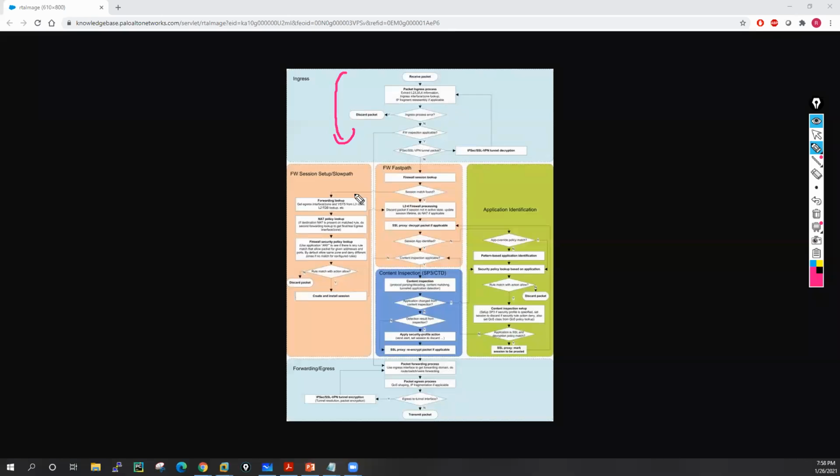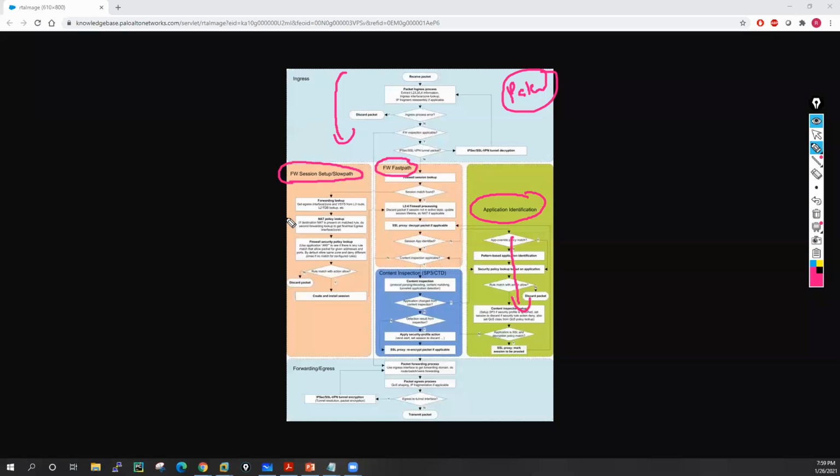Like this is the firewall session setup stage or slow path, then it's the fast path, then in application identification they will do all these checks. We will also see that when I explain the packet capture command and the troubleshooting part.